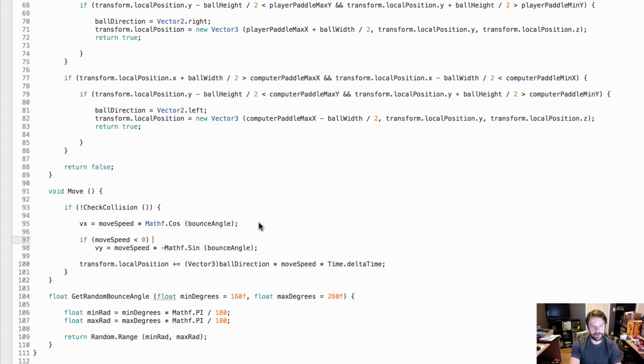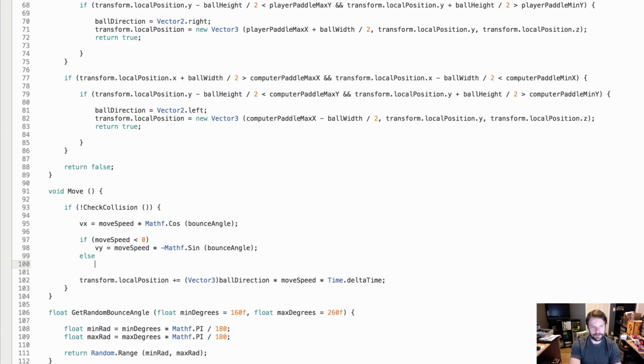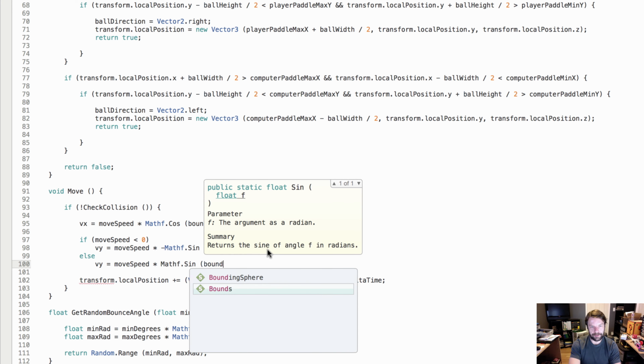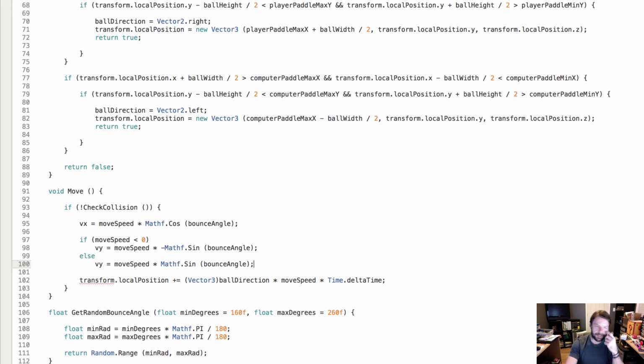Oh, there's my mistake. Otherwise, Vy will equal move speed times mathf.sine, and we pass in the bounce angle. So we calculate our Vy based on whether our move speed is negative or positive, because if we multiply a negative number by negative,